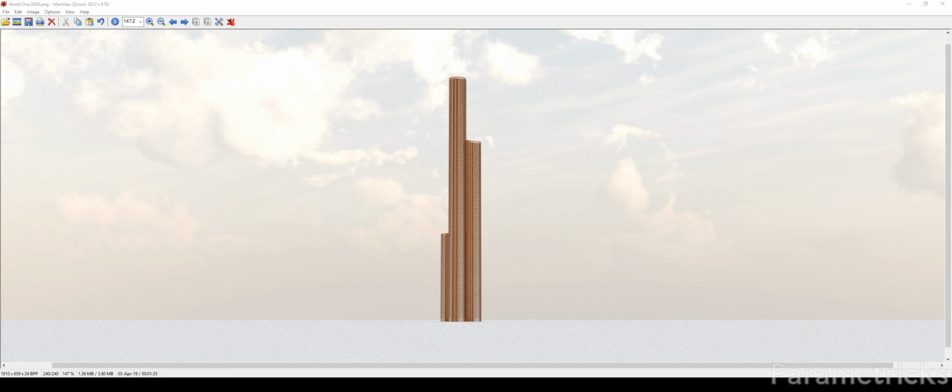This time we will be modeling the World One, as you can see on my screen. The World One is currently under construction. It's a high-rise residential tower,